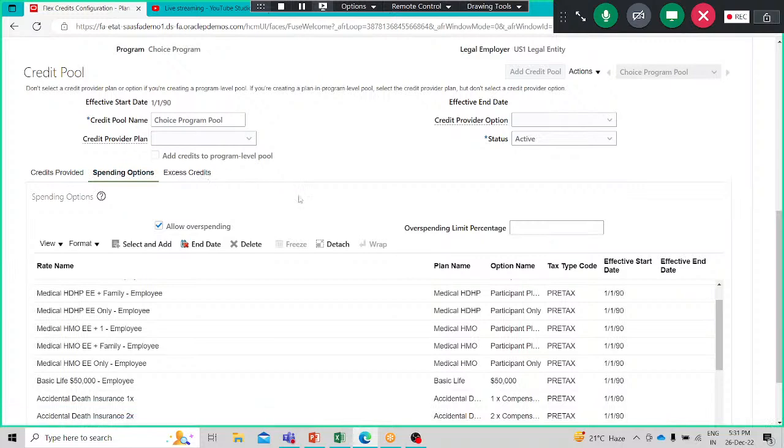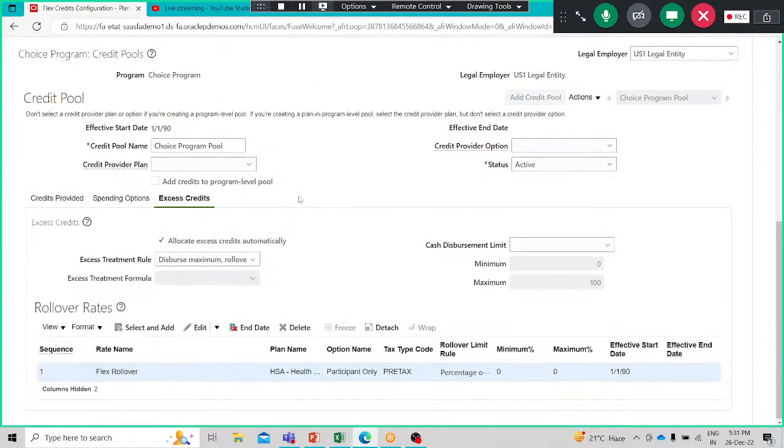Then we move on to the excess credit here. What are we going to do with your excess credits? Are you going to allocate excess credit automatically, right? You can allow that here by checking this box on, and decide how you want to deal with any excess credit that remains after enrollment in the spending options. So you can define that here, and then